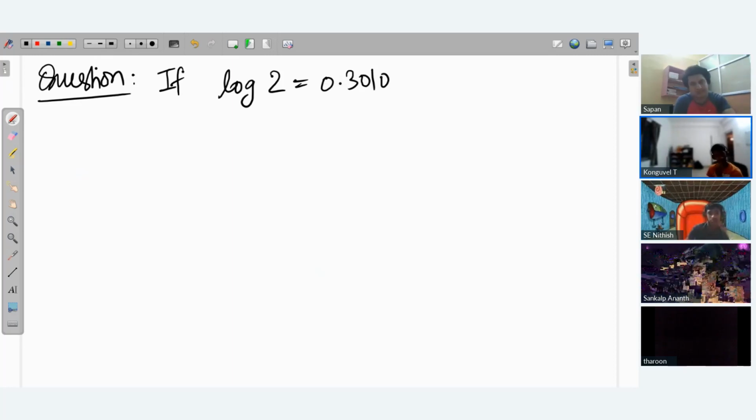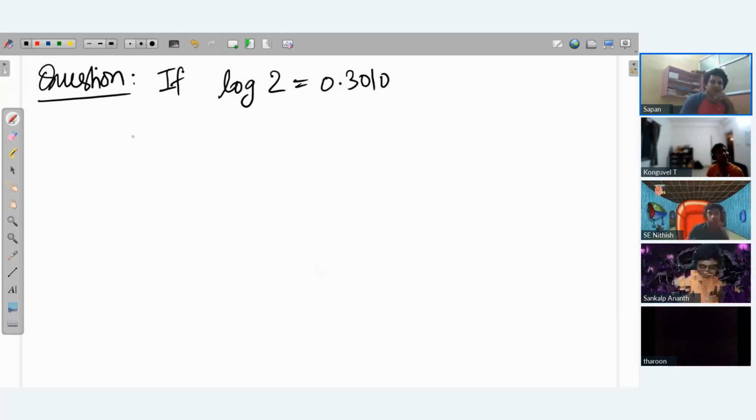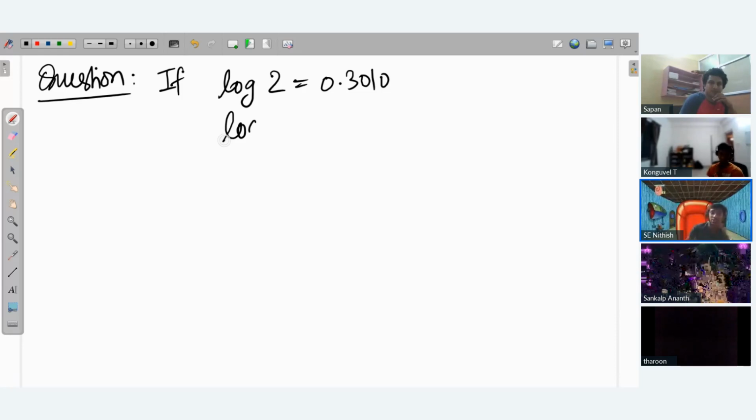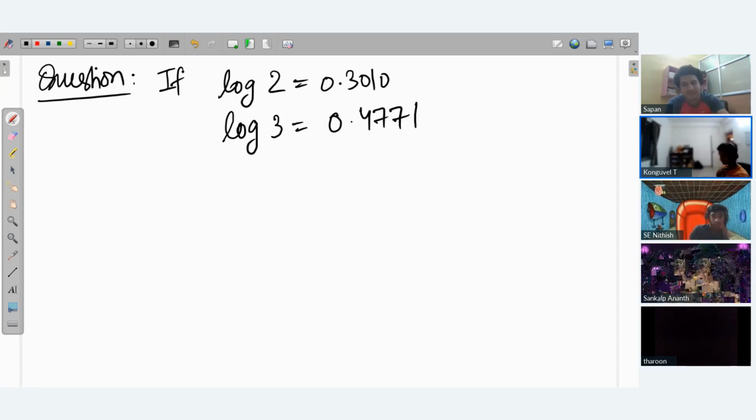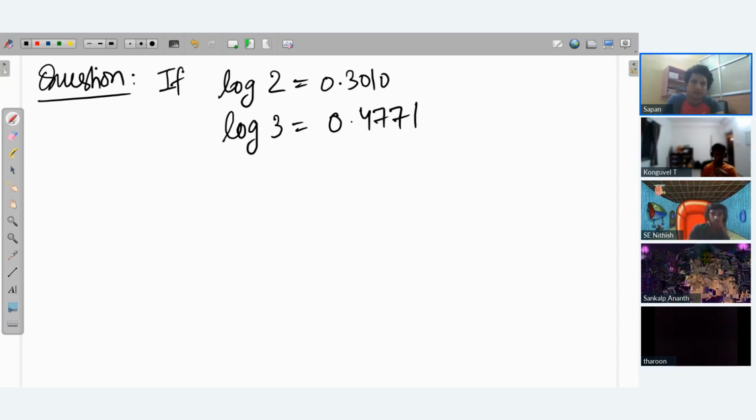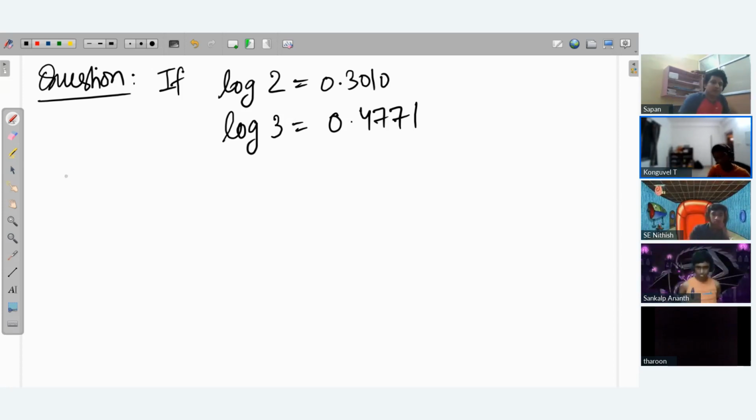Log 2 to the base 10 is 0.3010 and log 3 base 10 is 0.4771. By the way, this is the exact value of log 2 on base 10 and log 3 on base 10. Okay, sir. Find the value of